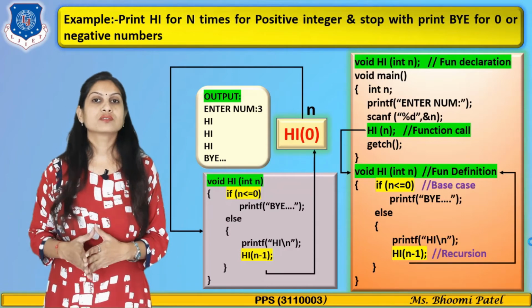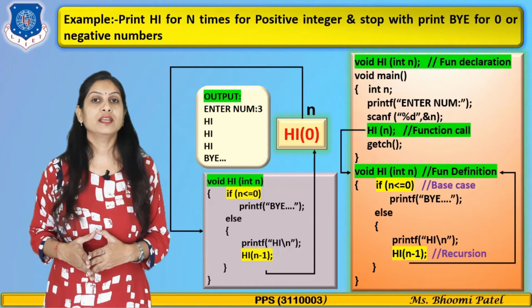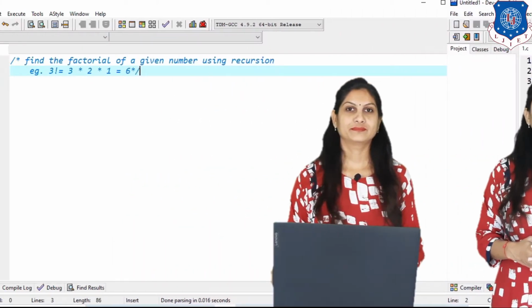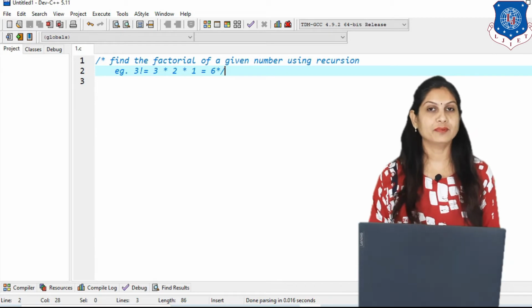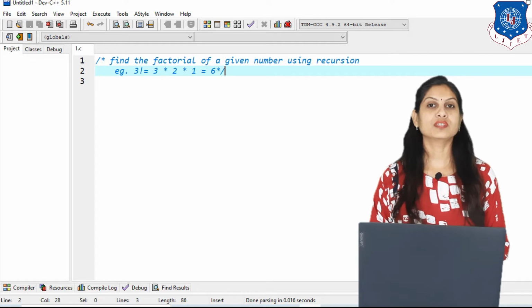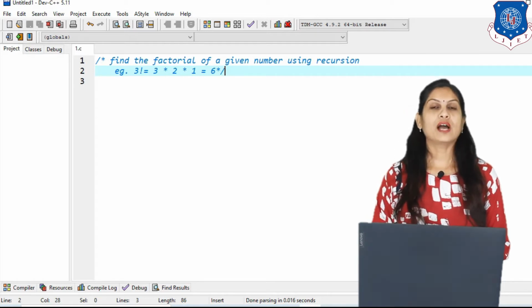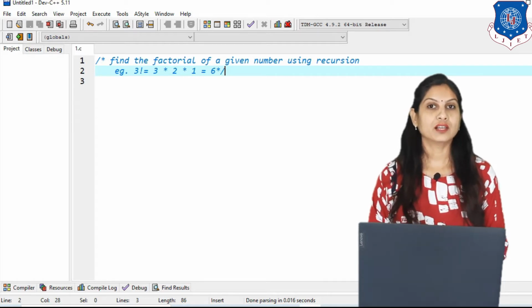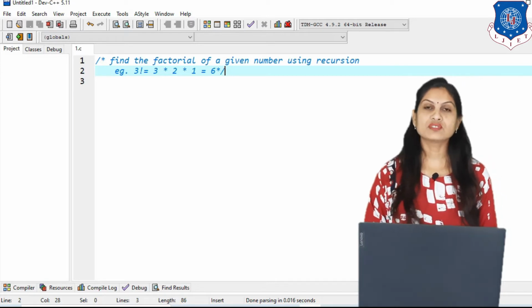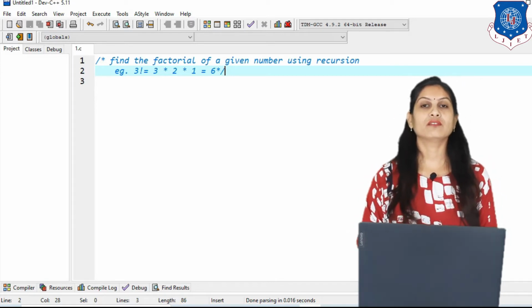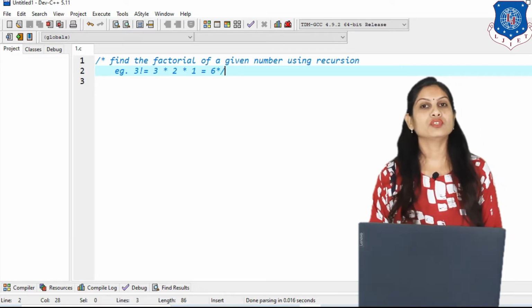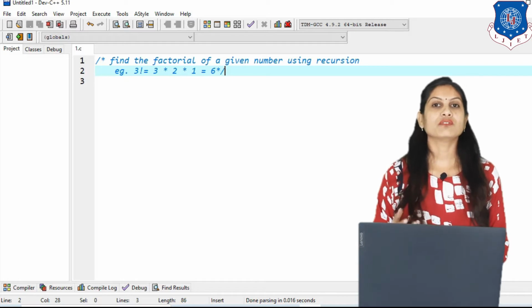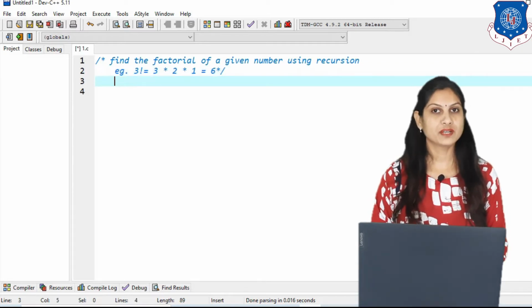Now move onwards to our practical session for finding factorial. Welcome to the practical session, and here I am considering another example for recursion, and that is to find the factorial of a given number using the concept of recursion. So I hope you all are aware of the logic for a factorial. Suppose I enter 3 factorial, then which answer are we getting? Obviously 6. How? 3 into 2 into 1. Clear? So that logic we have to implement using the concept of recursion.